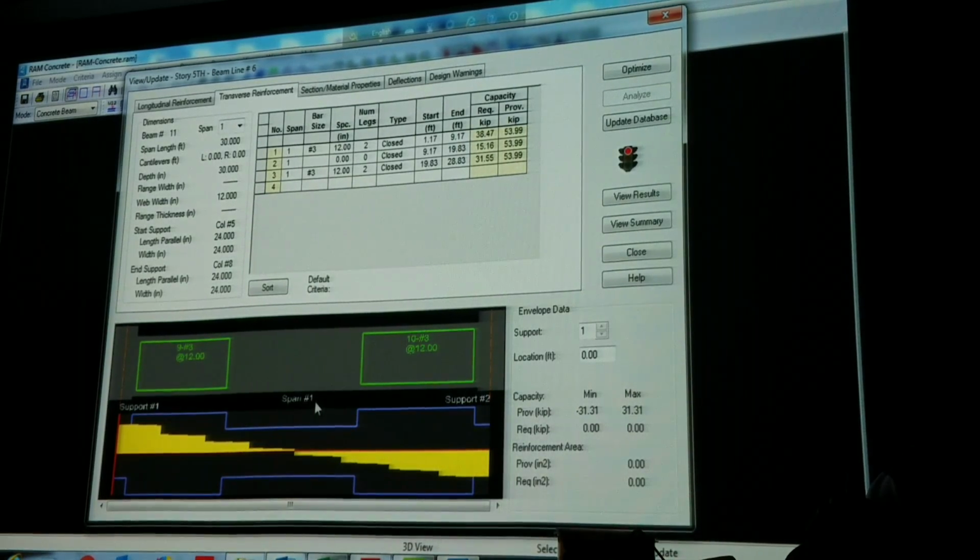There is a requirement from the code, which is d divided by 2. Maximum spacing of the stirrups must not be more than d over 2. If your d is 20 inch, so d over 2 is